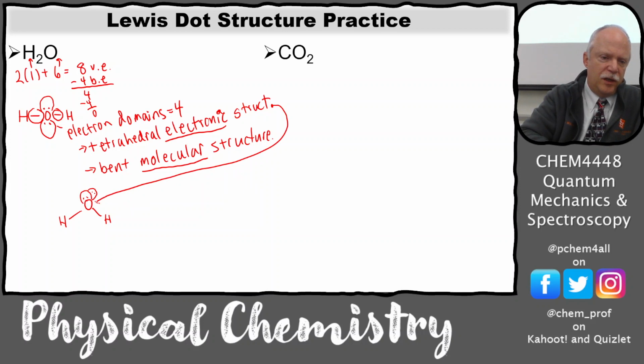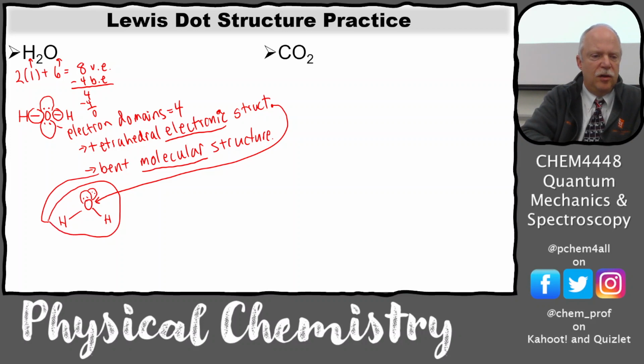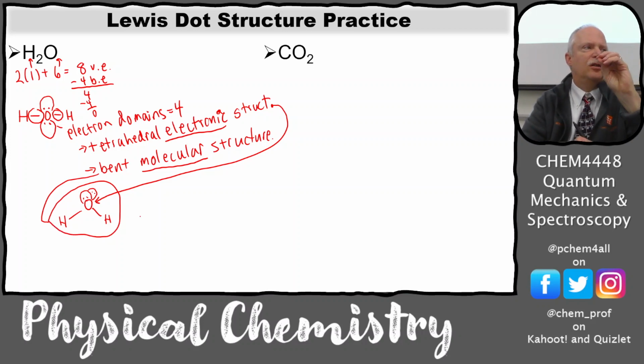So I'm going to point that electronic structure at the oxygen, and then the bent molecular structure is going to be the molecule. So the molecular structure talks about the whole molecule. The electronic structure talks about the local structure around a particular atom. And so we could talk about in a more complicated atom, say